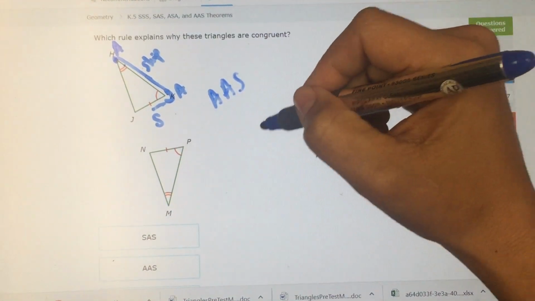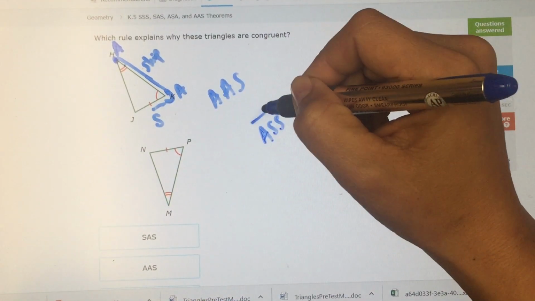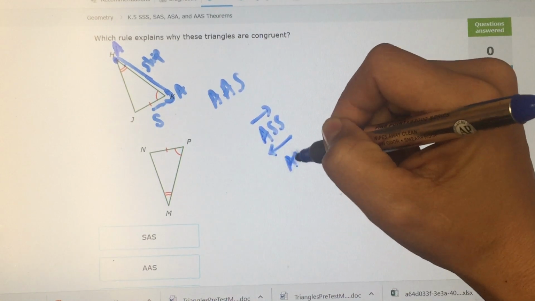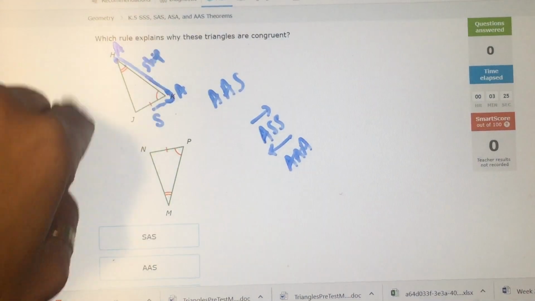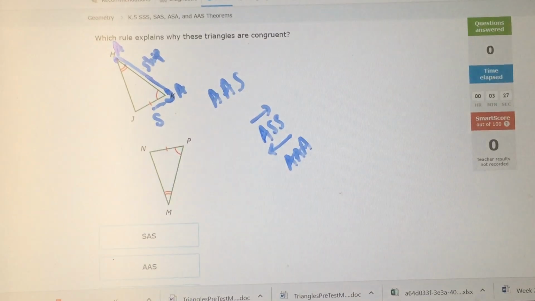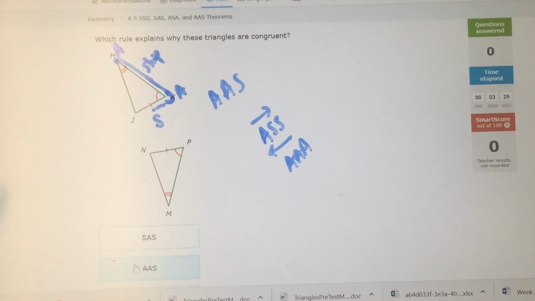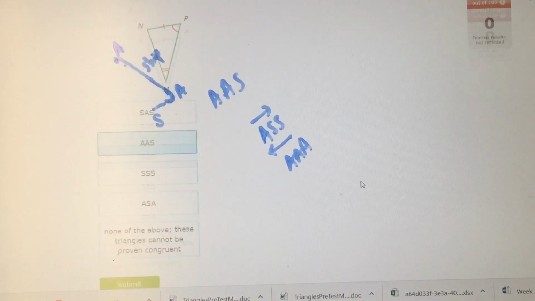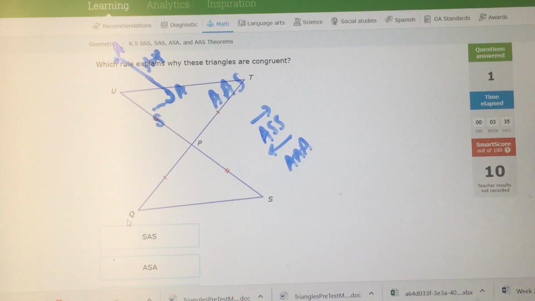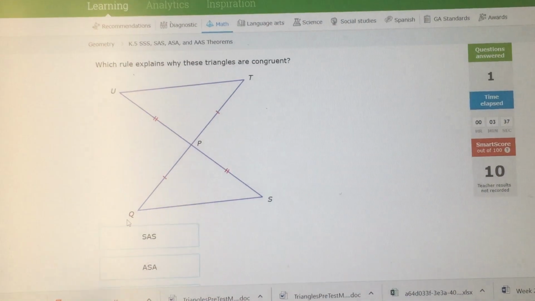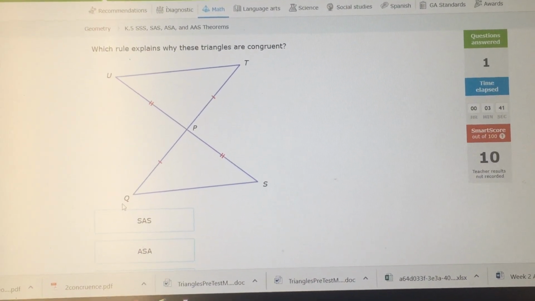AAS. And remember, I can have everything except donkey forwards, donkey backwards, and AAA batteries. Is that one of them? No. So this is congruent by AAS. Now, if I didn't have anything, then it wouldn't be congruent, or I wouldn't have enough information. Okay, so we're going to do it again. Oh, and sometimes you have to use what you learned in